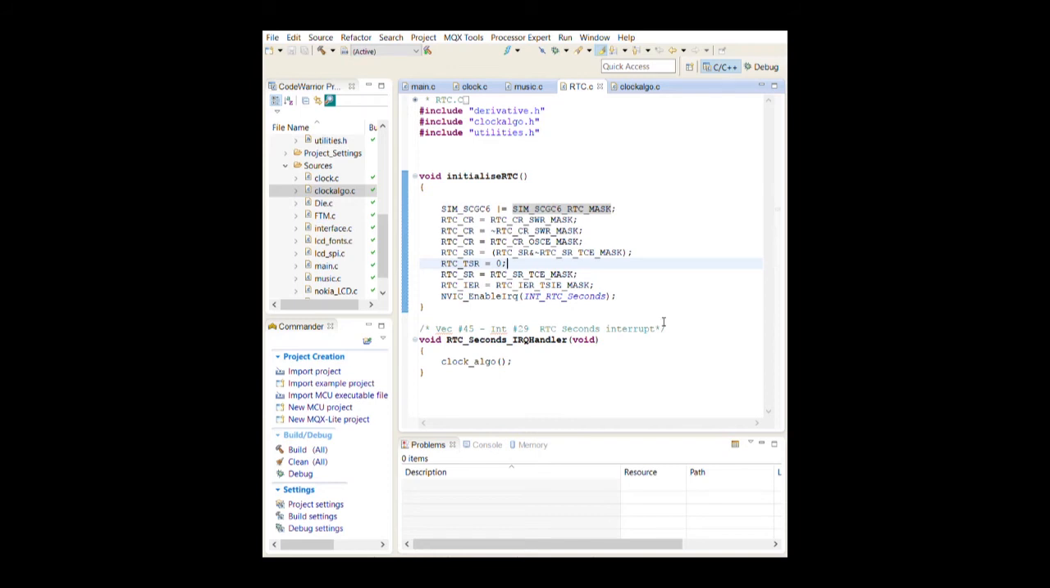So here you can see that we have Code Warrior open, and we have to show that our RTC is working and how we initialize it. For the first part, as you can see here, this is our function, initialize RTC. We have to enable the clock, which is the same as SCGC6, and after that we initialize the clock to the RTC itself, and then we have to set up the CR,